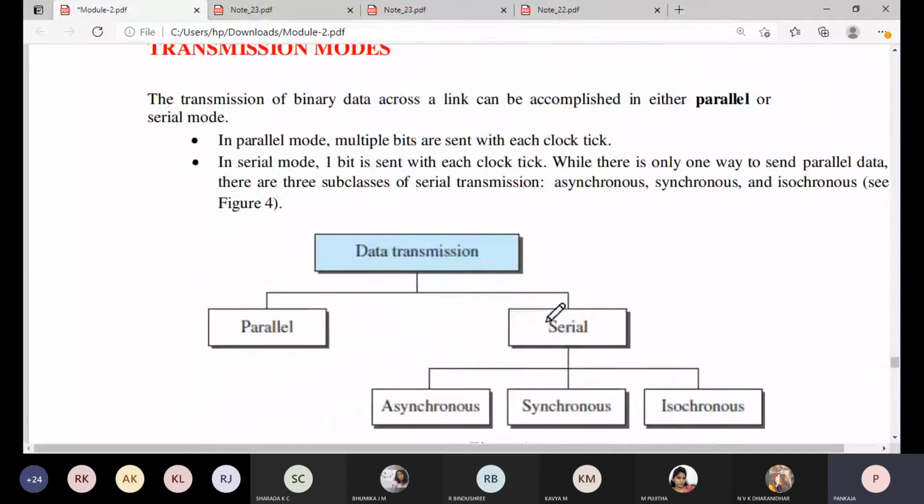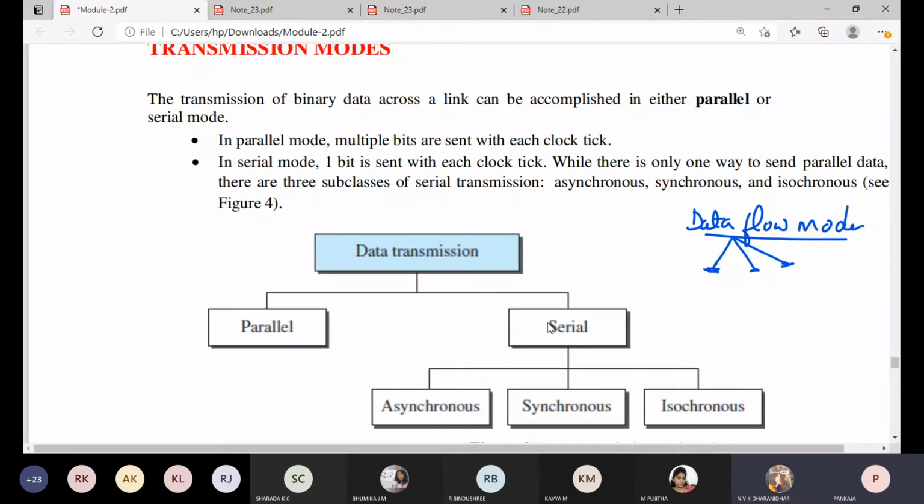In the first chapter we have discussed data flow, the different types of data flow methods. Do you remember? Maybe even some of you attempted it in the quiz also. What are those three different data flow modes? Depending on the direction of data, it is categorized into three. I am giving the clue: depending on the direction. What are those? Simplex, half duplex, and full duplex.